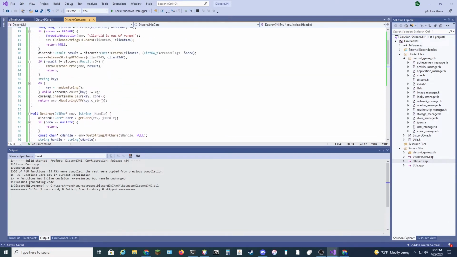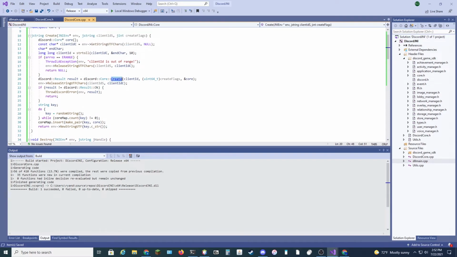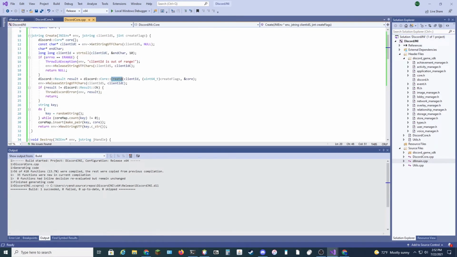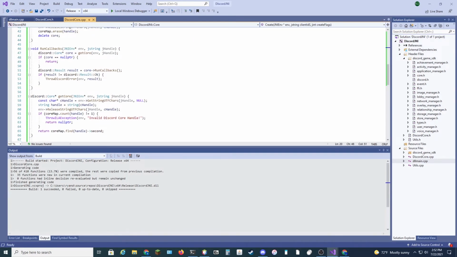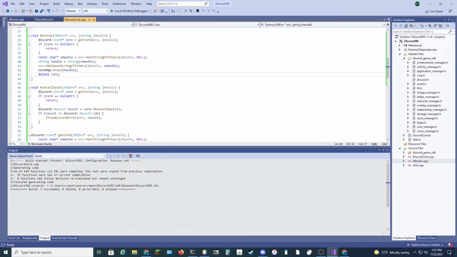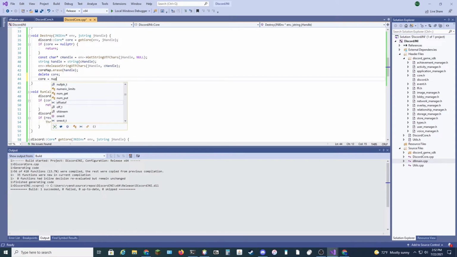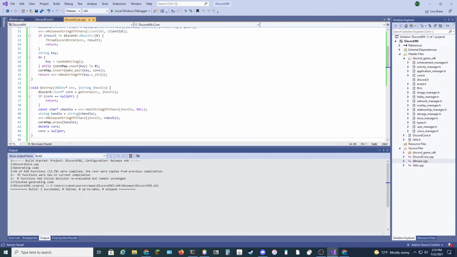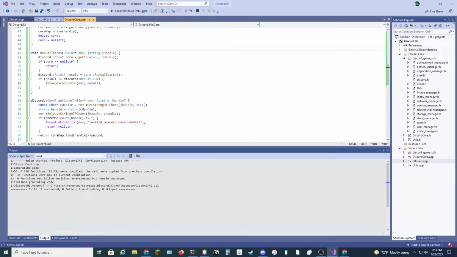If we just look over here. Yeah, so we delete the pointer, we delete what we're pointing to, and then finally delete core. We'll just clear the variable, although to be fair, it'll go out of scope at this point. But there we go. Yeah. All right, and then continuing,